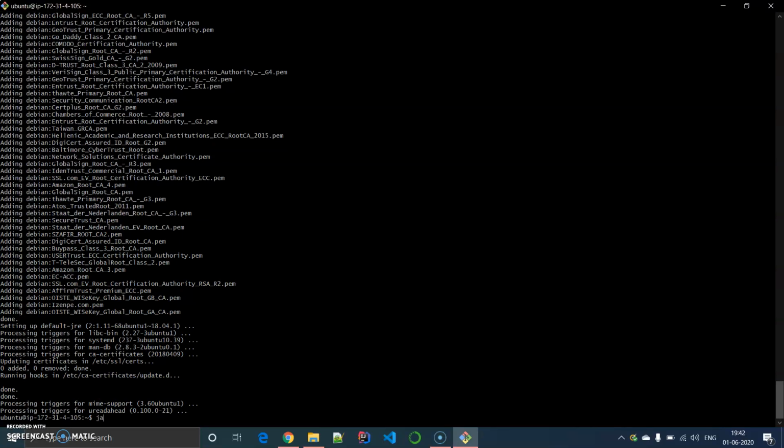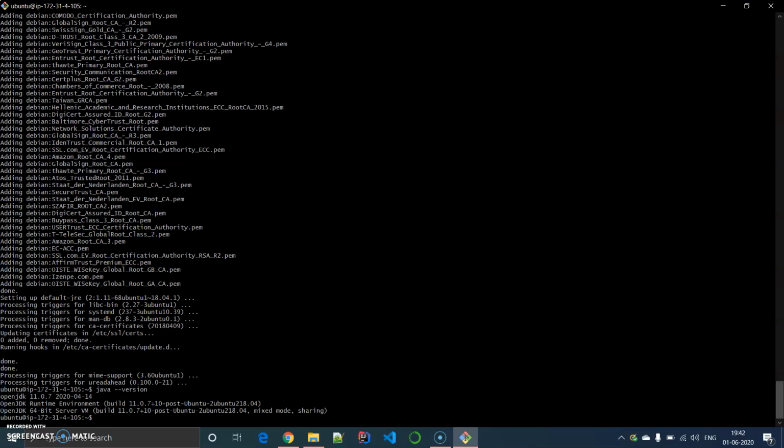Here, OpenJDK version 11. Well, in this way you are going to install Java on the EC2 instance. You are basically doing nothing, just playing with the mouse for a while, and your EC2 instance is up and ready within minutes. So in this way you are creating an EC2 instance. It's very simple, it's very easy.